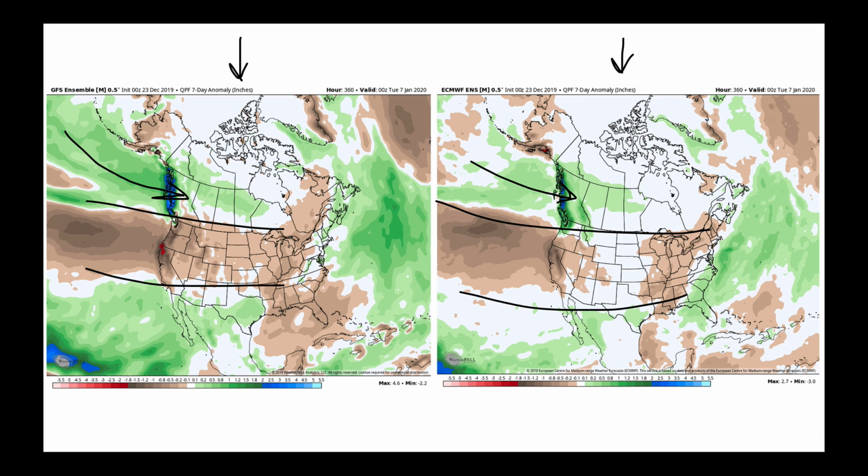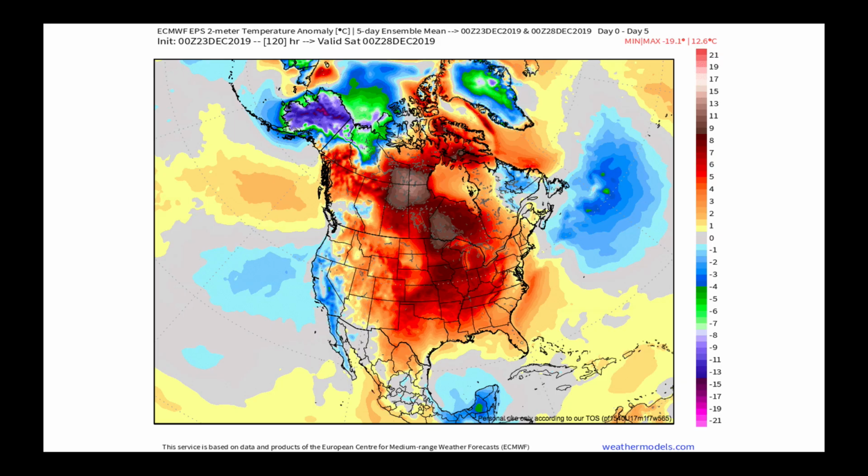Again, we're now looking at January 1st through January 7th, but the European model, see how it's cluing in on a wetter pattern here? I'm going to tell you exactly why it's doing that in just a few seconds. Now, the story is best told in temperatures. Over the next 5 days, with the jet stream retreating north, with that big ridge building in, much above